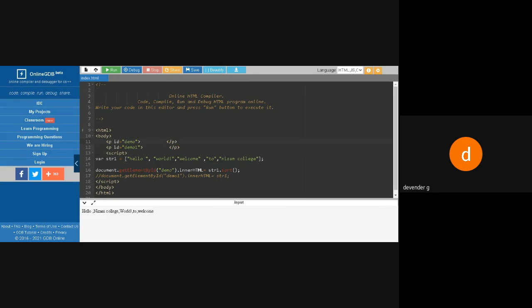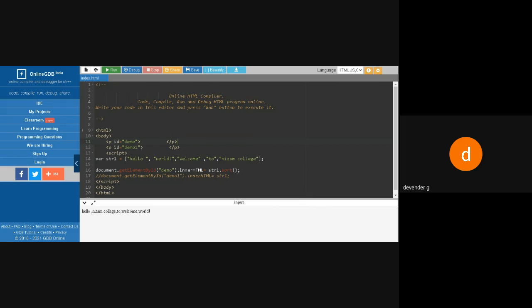Now you tell me what will be the output for this. H is first, N is second, T is third. Then in welcome and world, W and W are the same, but it moves to the second letter of the words. E comes in the first word and O in the second, so E comes first.